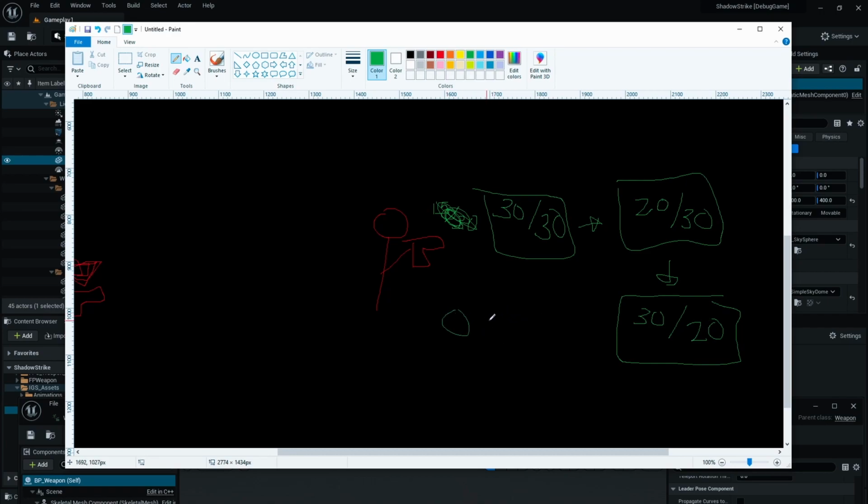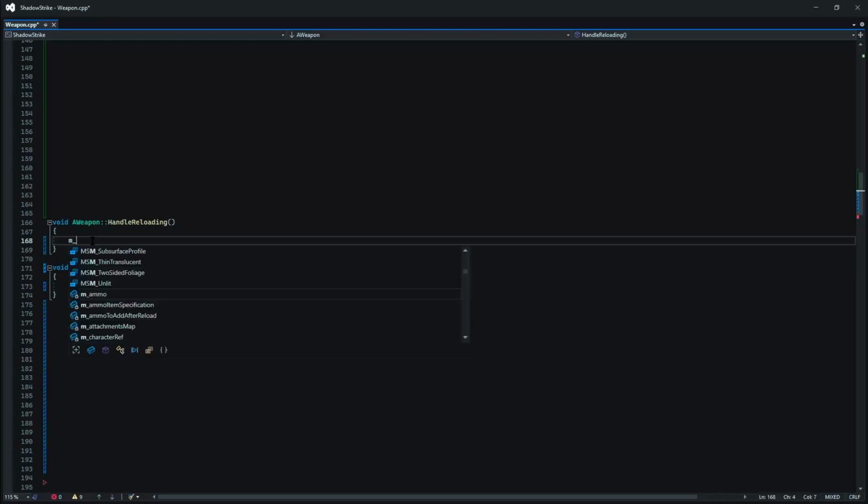If I have 0 here, but then I also have no more bullets, or even if it's 10, right? I have my current mag is 10, but I don't have any more. You basically cannot reload anymore because you don't have extra bullets. So after being able to add all of these checks and all that,